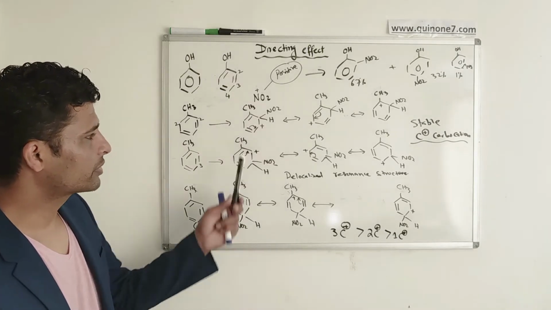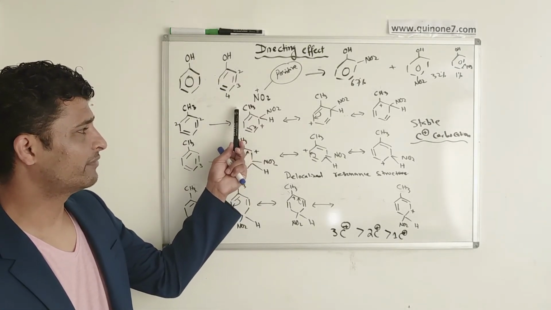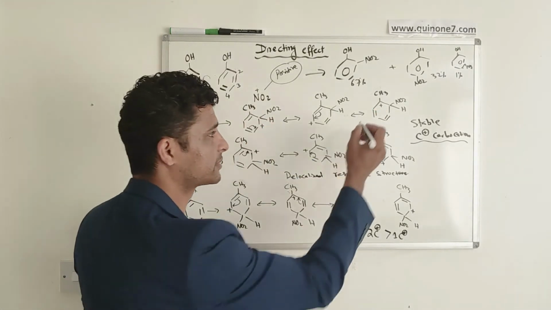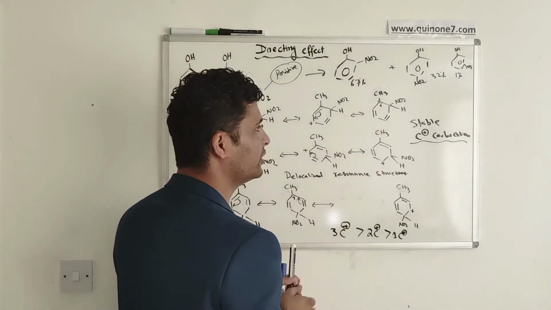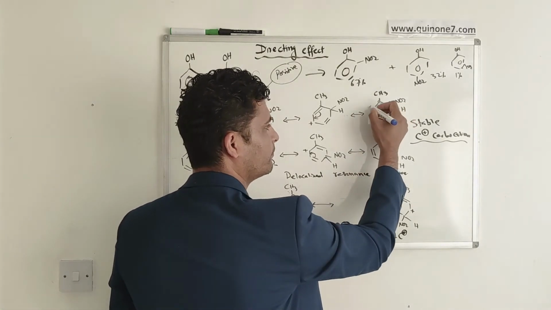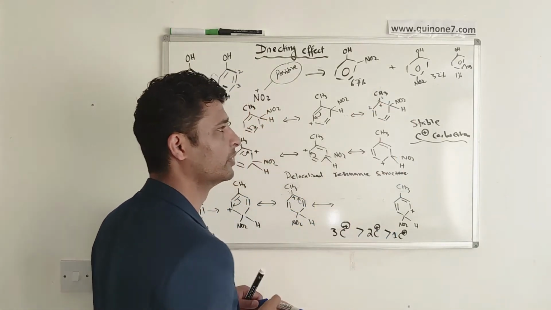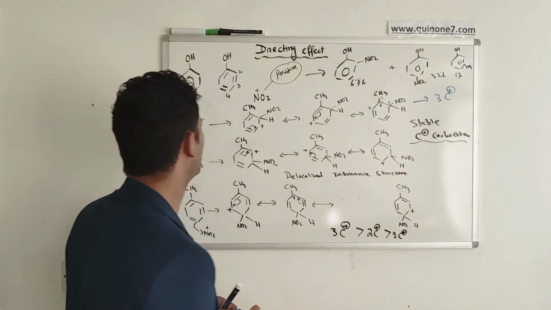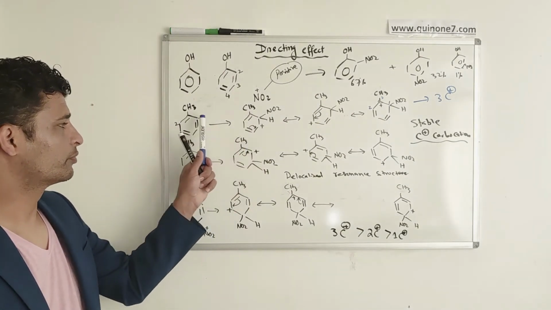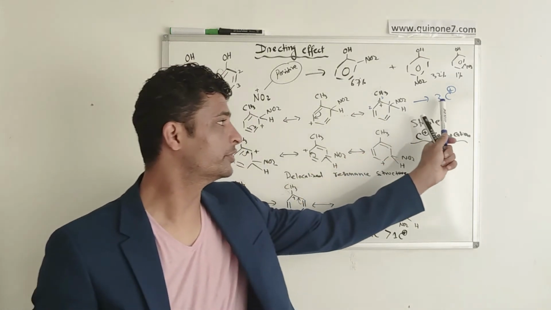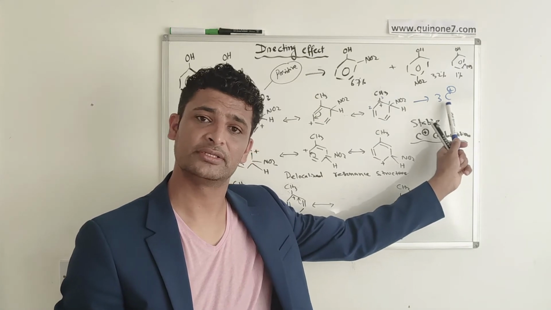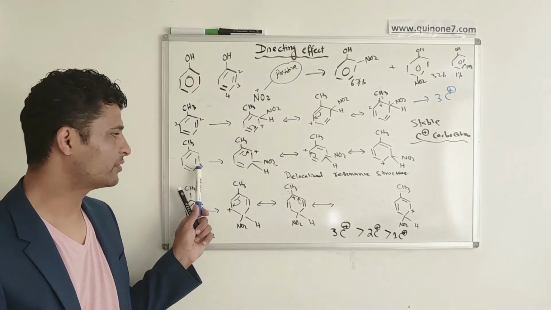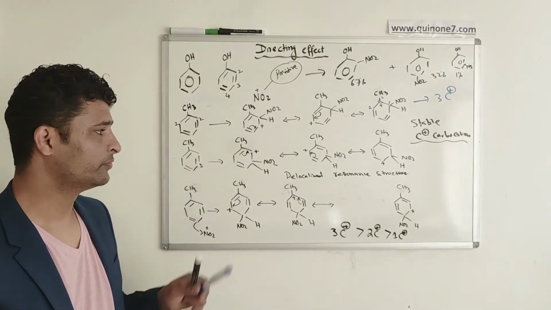Let's have a look. Look at this carbon atom. Whenever the charge appears on this carbon atom, there will be 3 carbons attached to it: 1, 2 and 3. So when the NO2 group is going to attack number 2, it is producing a stable carbocation, which is a tertiary carbocation. In terms of 3, when NO2 is going to attack the number 3 position,